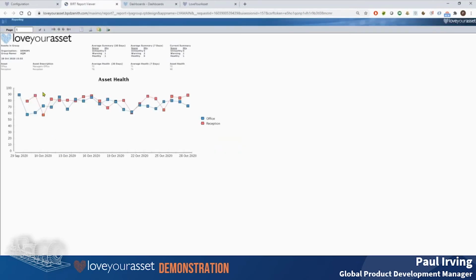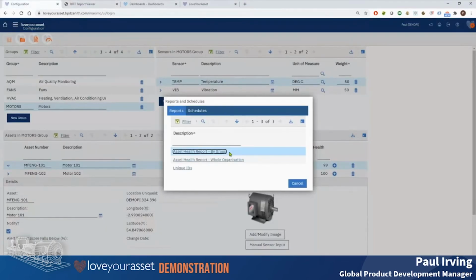We can see how the health score has changed over the past 30 days, past 7 days, and then the current score as well. So this is taking an average for those days and showing them on a graph. And you can schedule these reports, you can export them, you can have them sent to email addresses on certain days